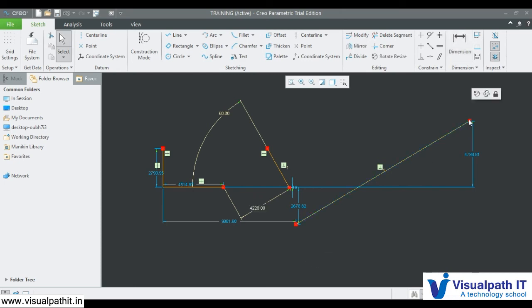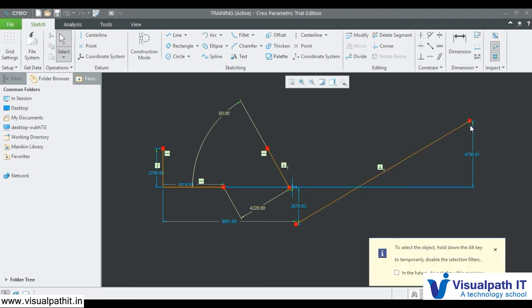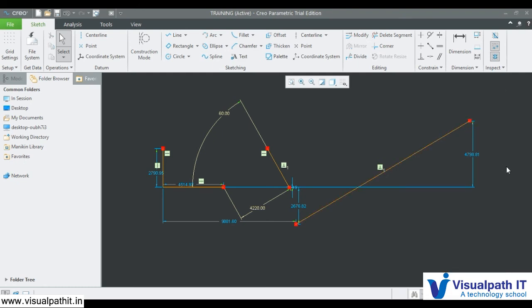Let's say I defined it, and if I move it, it will not move because it is already constrained. Now this angle is fixed, only this thing we can move, that's it. That is why we give constraints, so that it will be fixed.